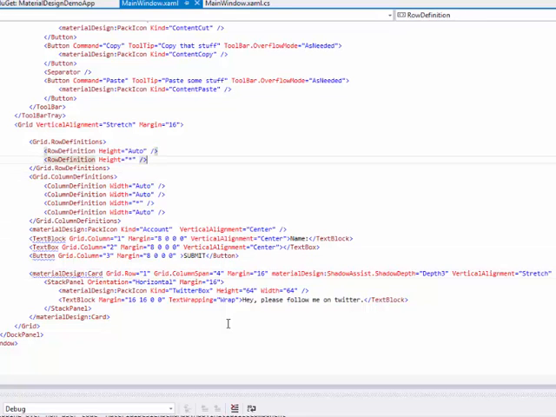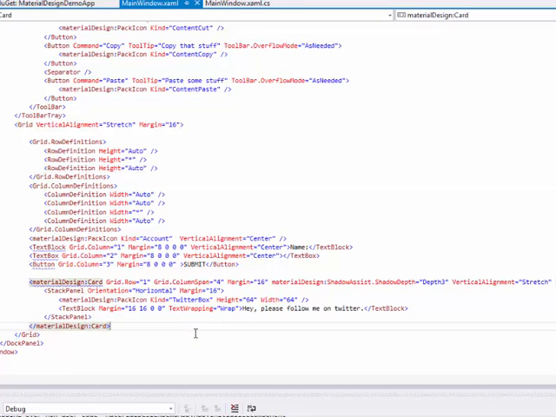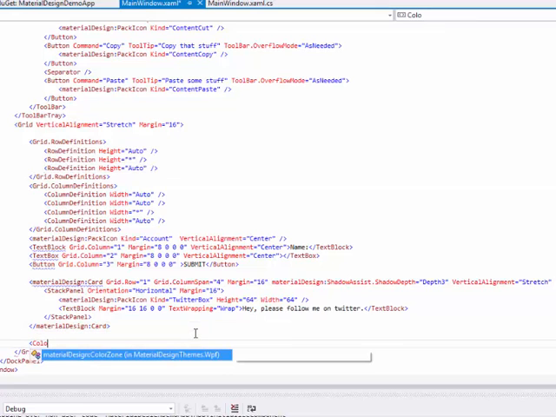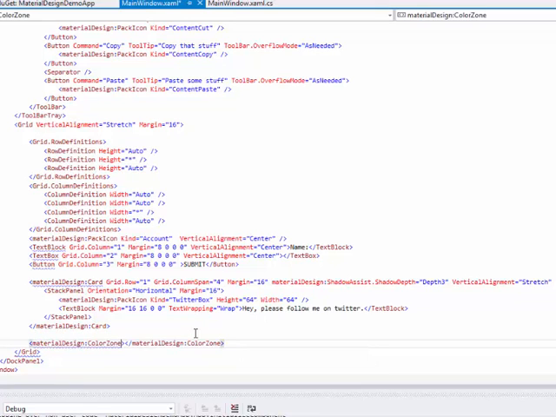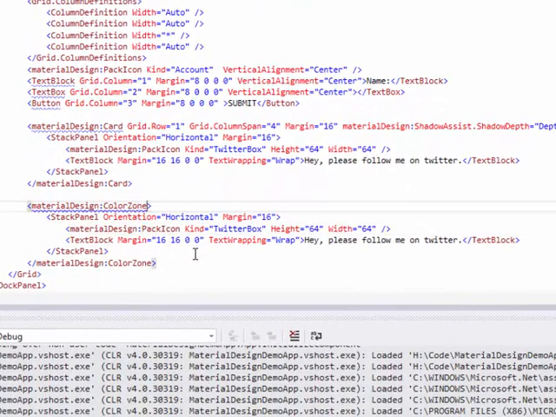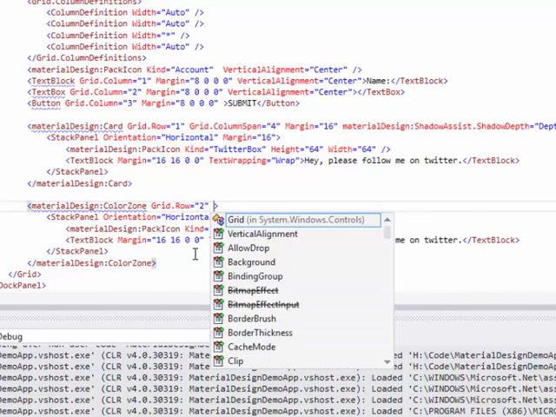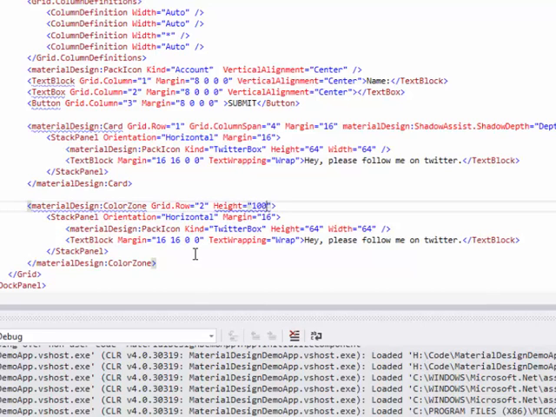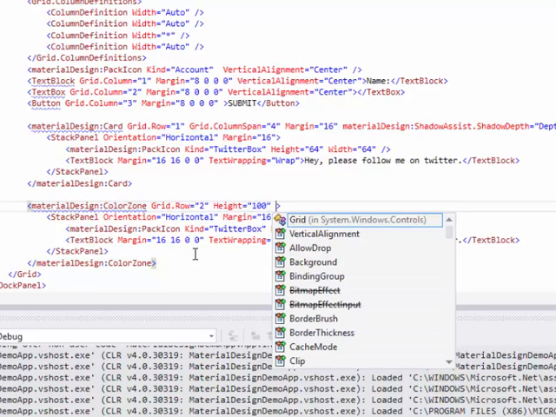Right, so let's add another row in here. And let's just copy this content. This is actually in some ways quite similar to a card, but we've got this color zone, and let's put it on row equals 2, height 100. So what's important about this color zone is